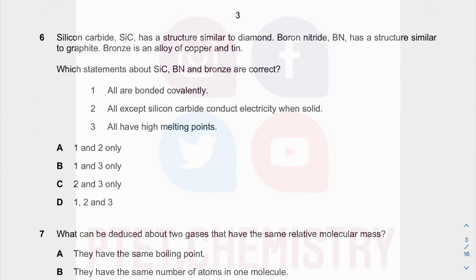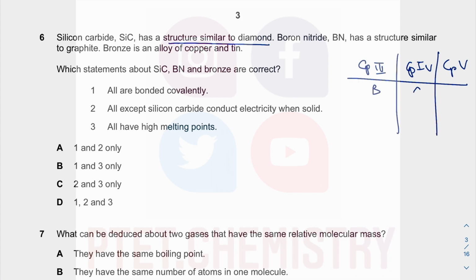Question 6 is about silicon carbide. Silicon carbide has a structure similar to diamond, if you are unaware. So in group 3 and group 4 and group 5, you have boron, carbon, nitrogen. So when you have carbon and carbon, when you have boron and nitrogen, you have 4 outer shell electrons and 4 outer shell electrons. You have 3 outer shell electrons and 5 outer shell electrons. So 4 plus 4 is equal to 8. 3 plus 5 is equal to 8. That's why